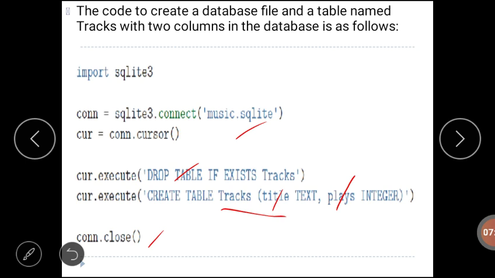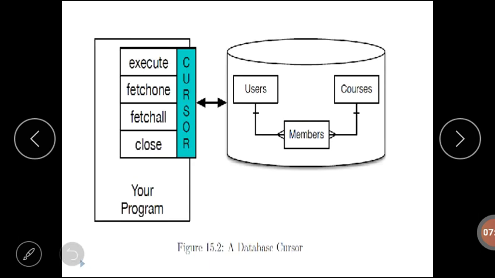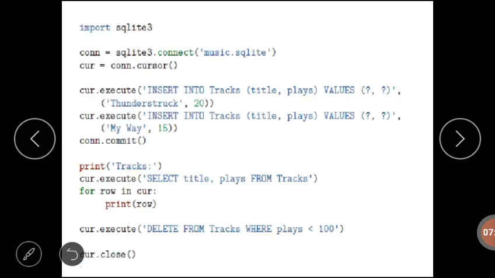Here we have the cursor method. What is the use of that cursor method? It is like a file handler that we can use to perform operations on the data stored in the database. So here we are performing different operations, that may be the execution or fetch one row or fetch all rows. All these operations we are doing using the cursor method. This cursor method just acts like a file handler that we can use to perform operations on the data stored in the database.